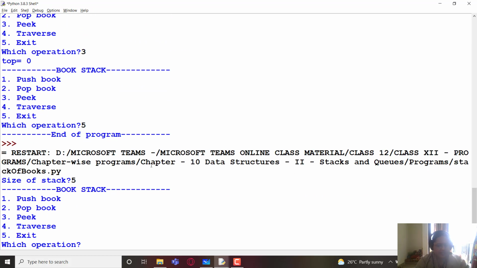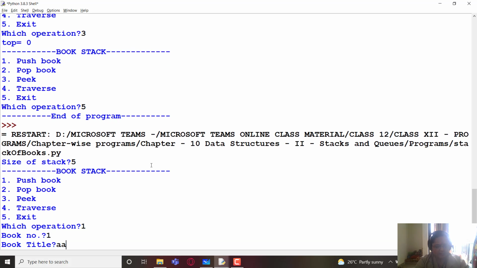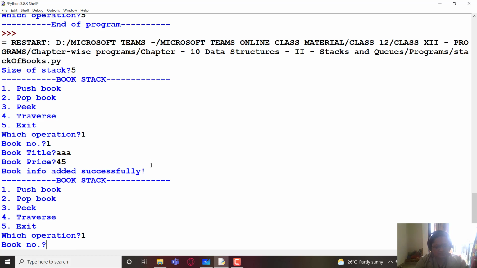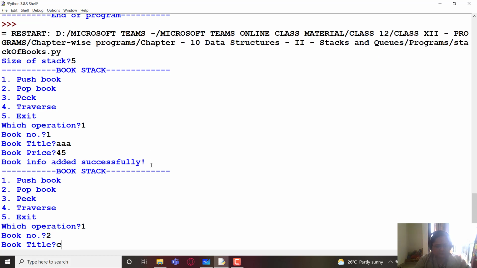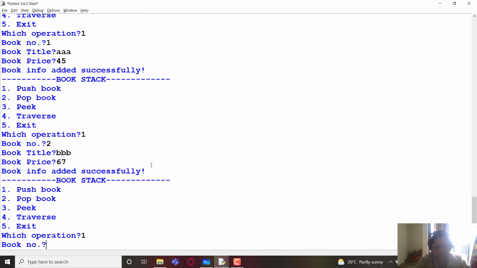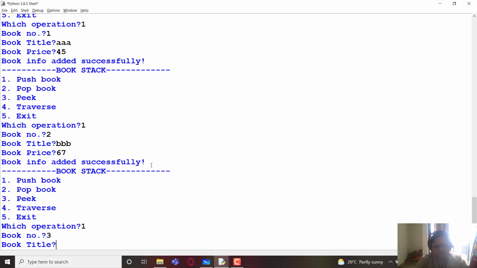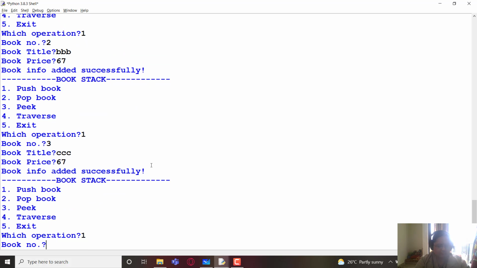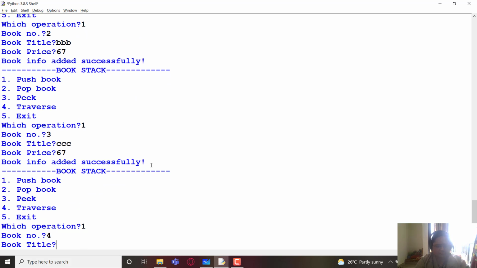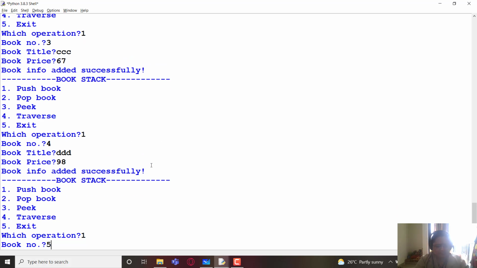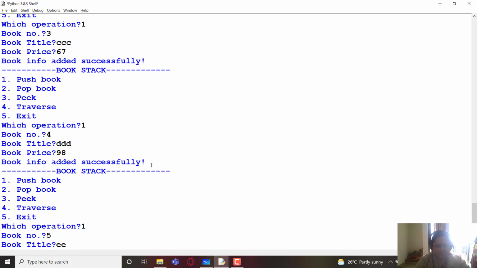So size of stack is 5. Let us push a book. So this is my 5th book.